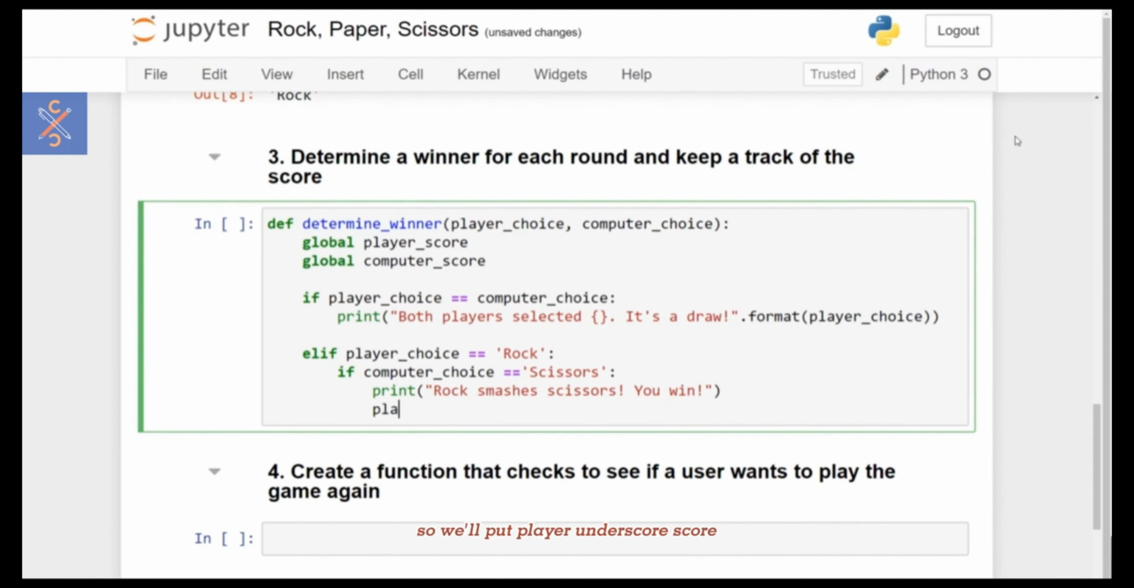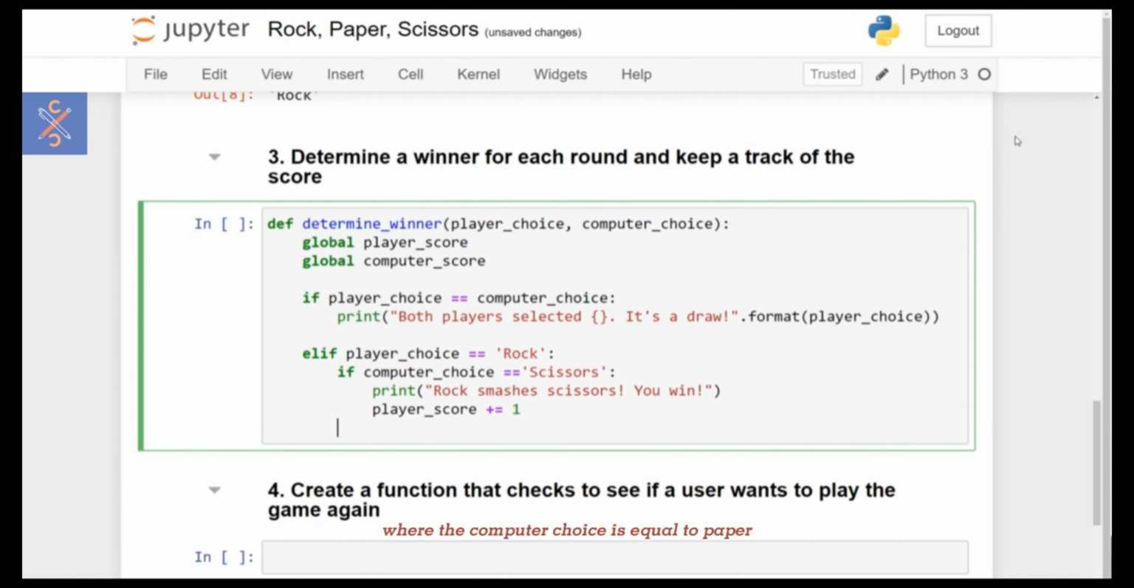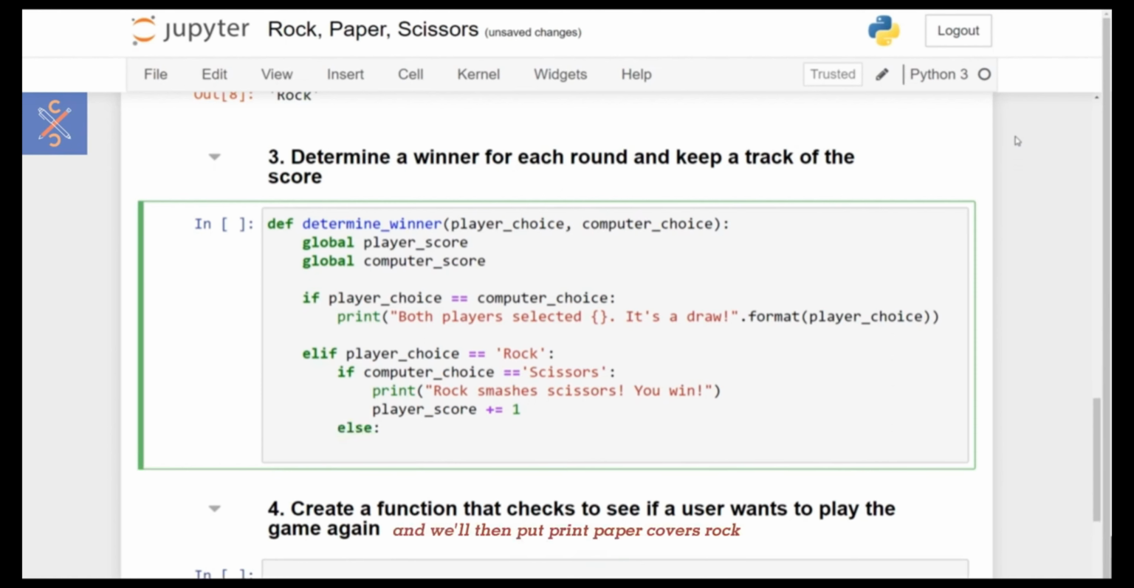So we'll put player_score, and then we're going to plus equals 1. Now inside this nested if statement, we also need to put an else clause. And the else clause will capture the event where the computer_choice is equal to paper. So we can put else, then a colon, and we'll then put print paper covers rock, because the computer choice